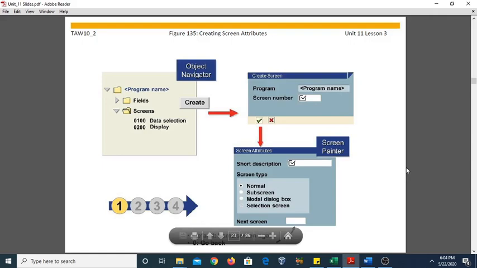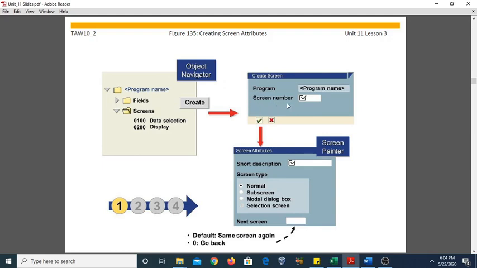This shows step number 1, creating screen attributes. You can create a new development object with the type screen, and you can design this screen using the context menu for a dialog program. That means by going to SE80, select the program, right click on the program, and there will be an option create, then screen. You can see the same procedure in this figure. This is the program name, just right click and then create, and then it will pop up a window where you can